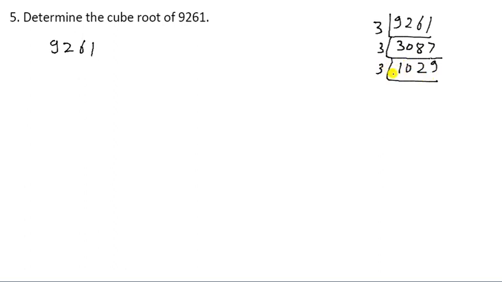Now it is 3 times, so you have to write 3 here and also 3 here. And what will happen? You can add here, it is 6 and here is 4 and it is also 4. So 3 3s are 9 and 3 4s are 12, 1 carry, and 3 4s are 12 and 1 is 13. Now subtract this, 0 and 10 minus 9, that is 1, and here is